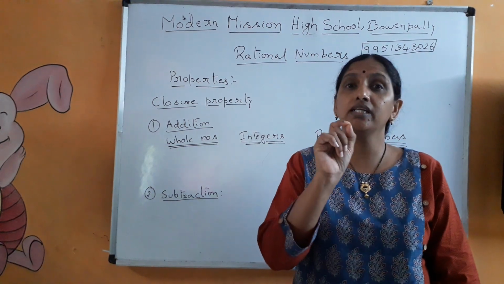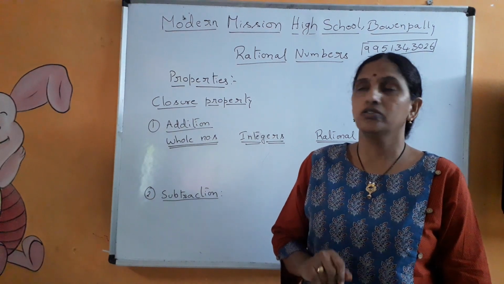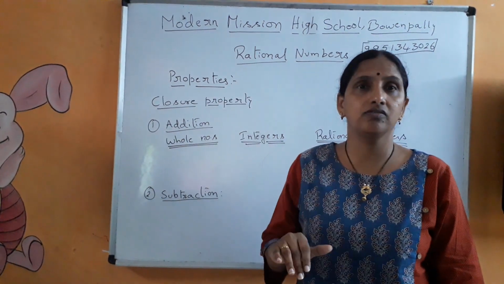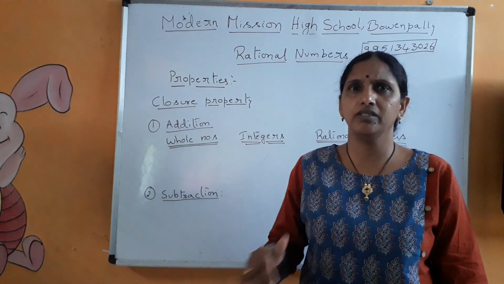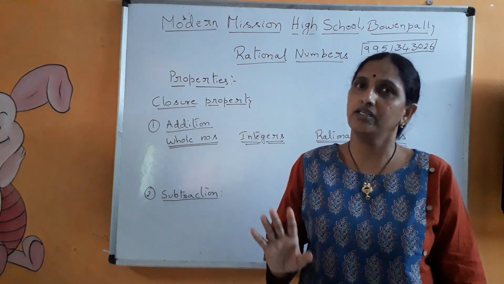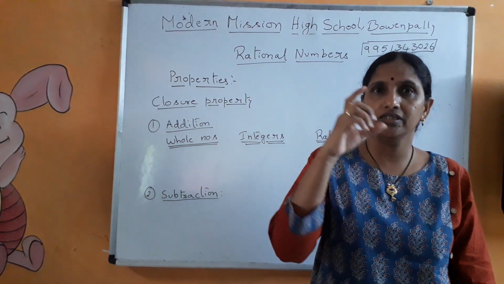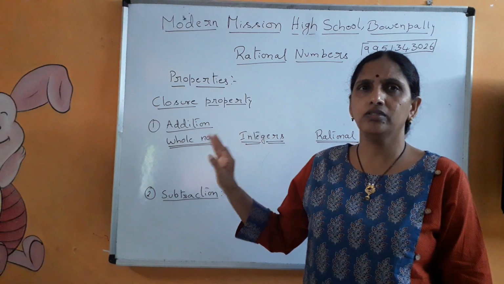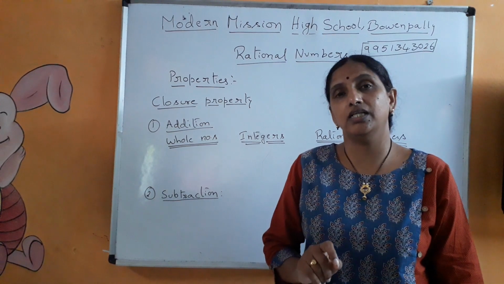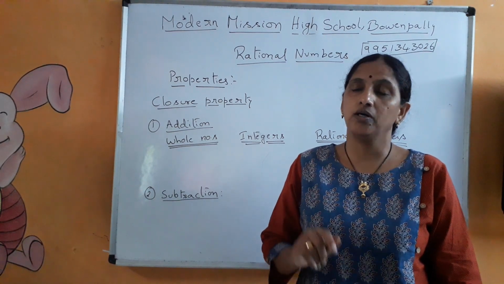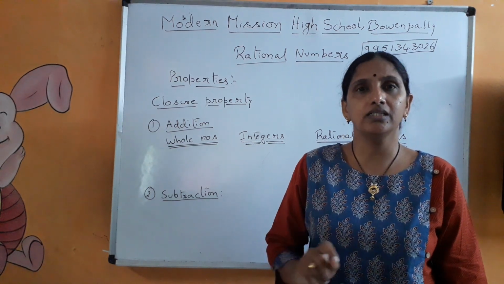And how do we identify a rational number? If the number is given in fraction form, it is very easy, because from the definition we have learned it. So 2 by 3, 3 by 4, 4 by 6, 5 by 8, 782 divided by 343, whatever it is, when a number is expressed in the form of a fraction, it is absolutely a rational number. The problem is when the numbers are given in decimal form. How do we identify that? We already learnt it, but I wanted you to recollect these things.